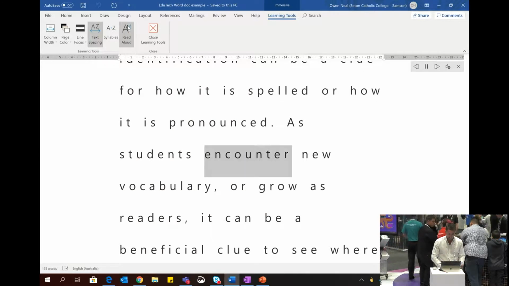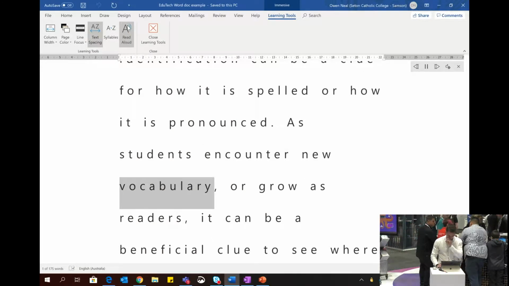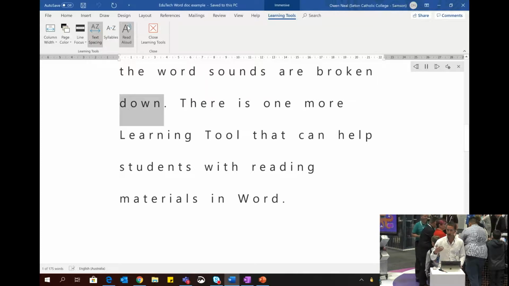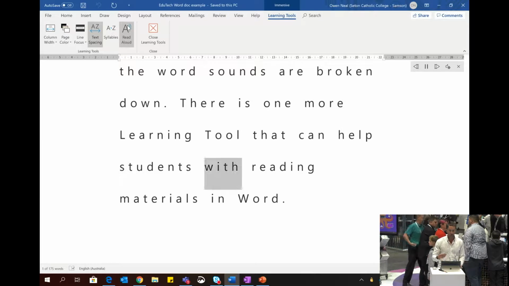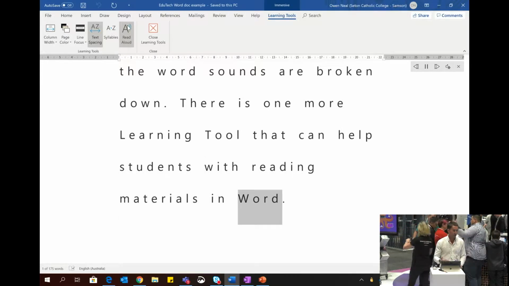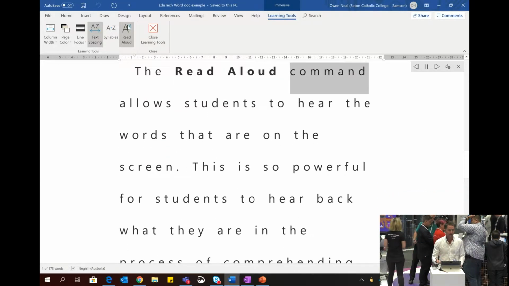Hit read aloud. Encounter new vocabulary or grow as readers. It can be beneficial, and it'll read from any point in the text. So when they're trying to consume that content that you've created for them, it helps. When they've created something themselves, they want to check their understanding, they want to check how things sound, they can